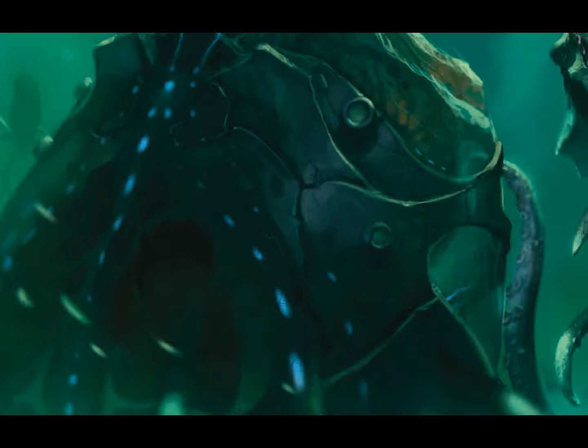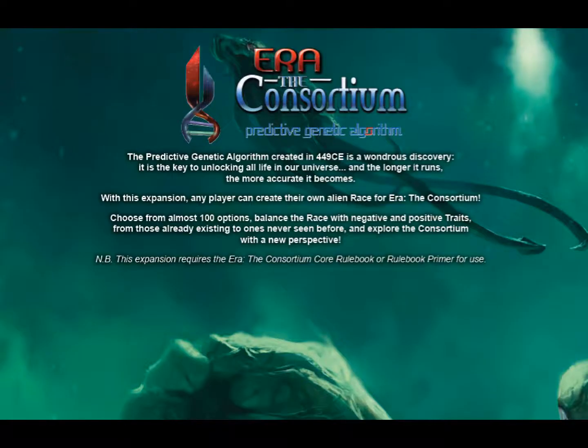And there are many ways in which you can handle these new species that you create with Predictive Genetic Algorithm. Maybe there were experiments from the corporations, from the Big Eight, or maybe they are a new threat, or perhaps they come in peace. And if you wanted to, you could even unbalance things a bit, because maybe you wanted a very strong enemy for the player characters, a sort of Wrath of Khan type of situation, in which there is this enemy that is quite superior to them,